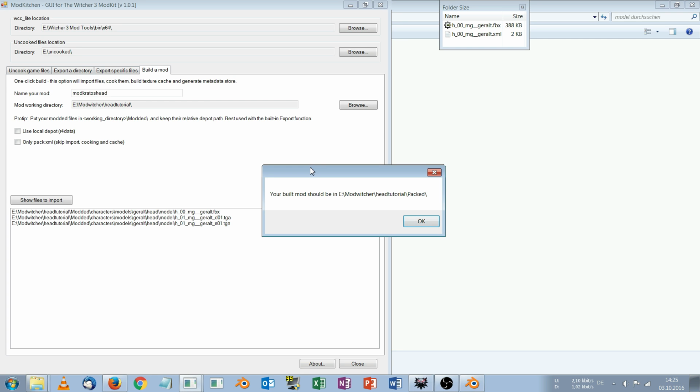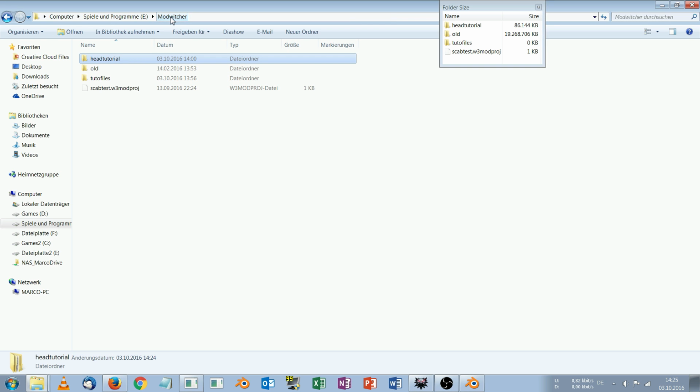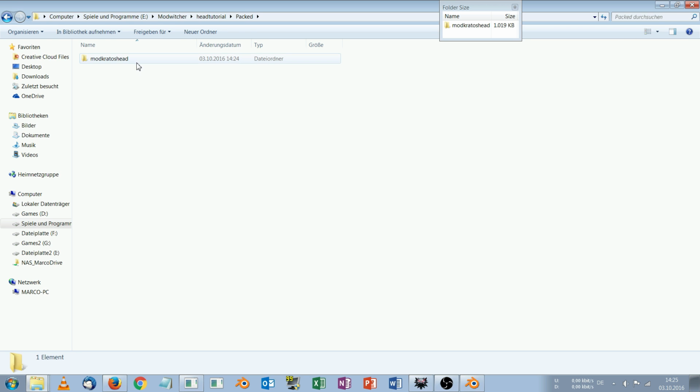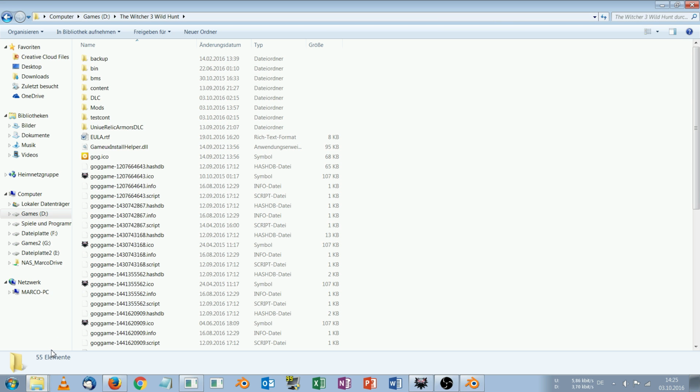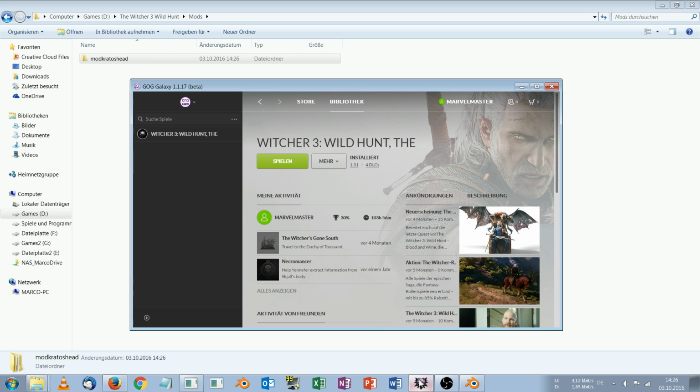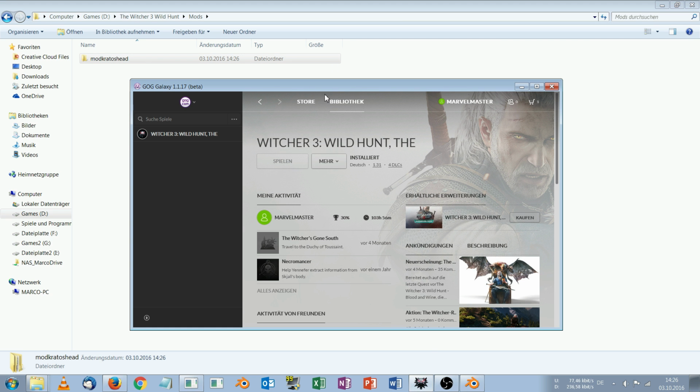So okay, it looks like Modkitchen has finished. Your build mod should be in, yes, the path. Okay, now I head to my Modwidget folder again, head tutorial, and here we find our packed folder. Mod Kratos head is our newly created mod. I just copy it, then I go into my game directory. Sorry. Open mods and paste the newly created mod here, and then I open the Witcher game,